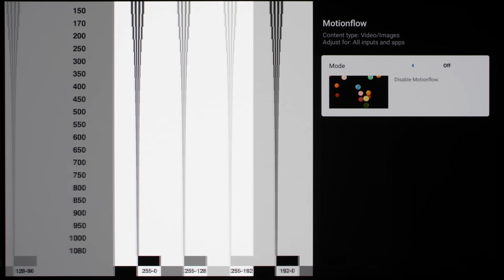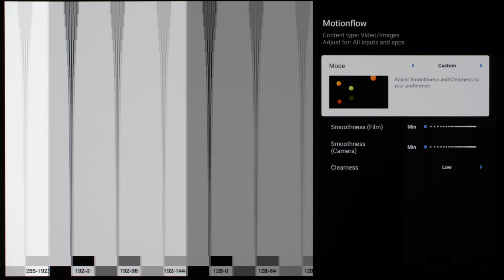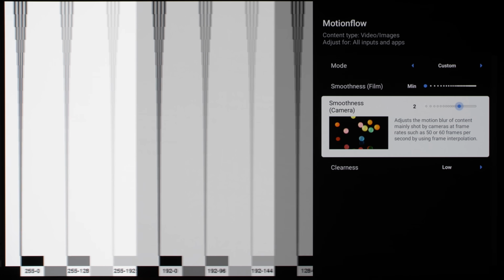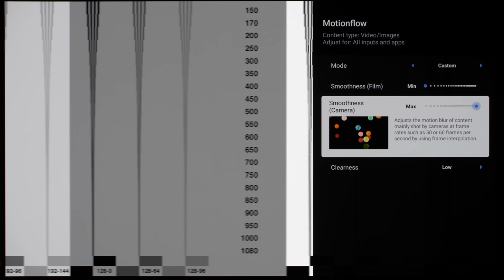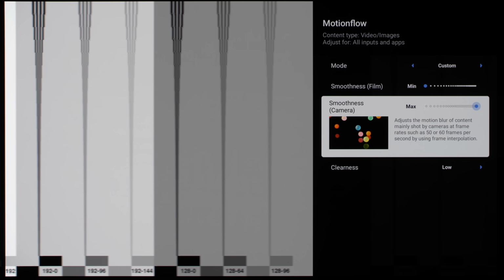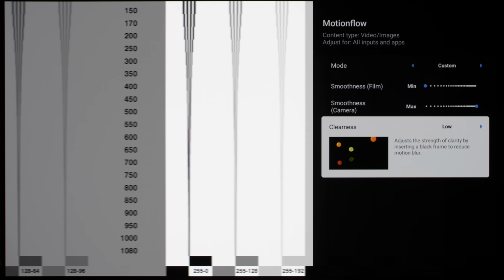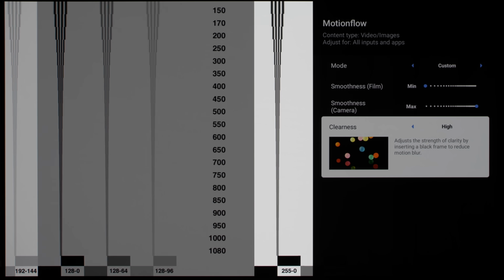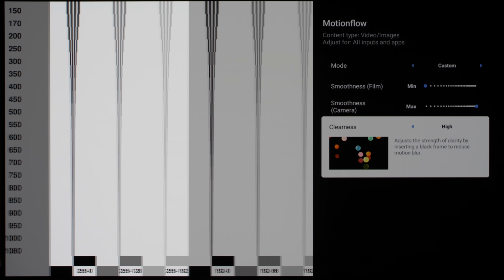With motion flow disabled, motion resolution came in at the sample and hold baseline of 300 lines, which could be improved to 650 lines by increasing smoothness camera to max. Activating black frame insertion, or BFI, by switching clearness from low to high boosted motion resolution to this test pattern's maximum of 1080 lines, but came at the cost of reduced brightness and visible